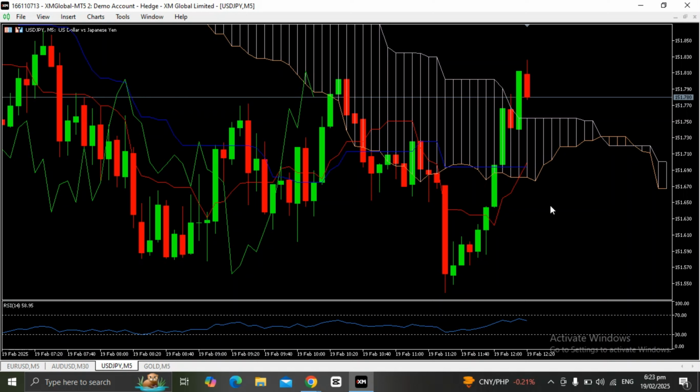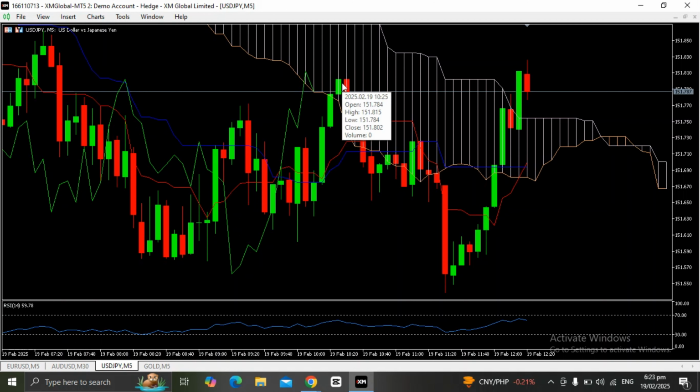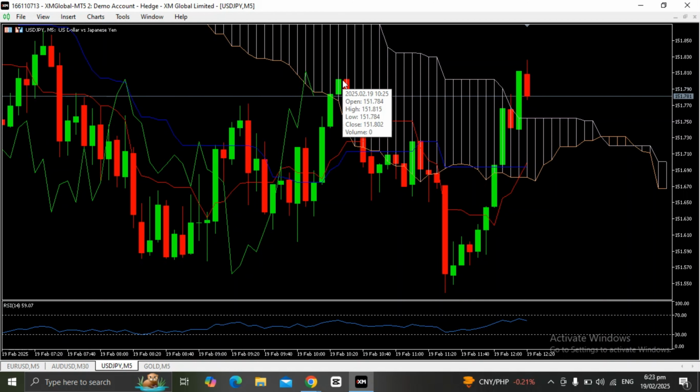Okay, today we will be looking at the dollar versus the Japanese yen. As you can see right now, price is around the resistance here. Previous price movement shows that this level here is the resistance because the price went down after hitting